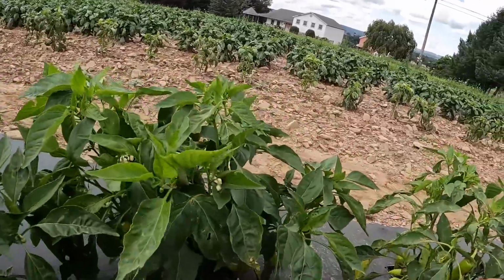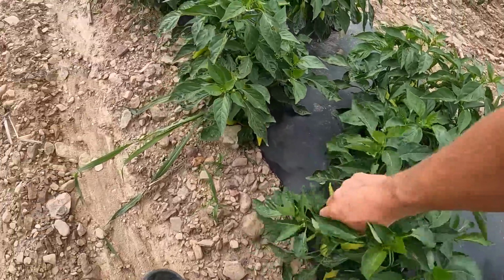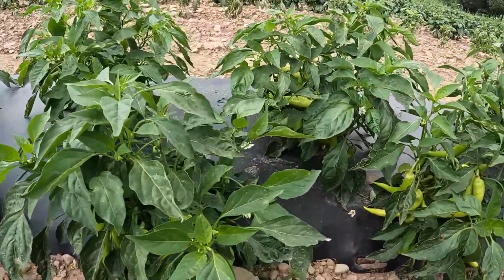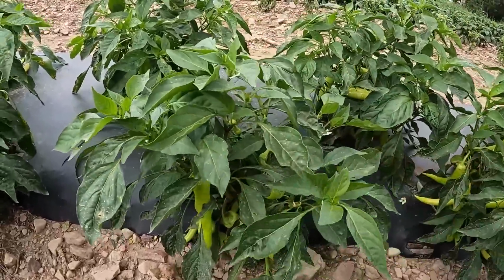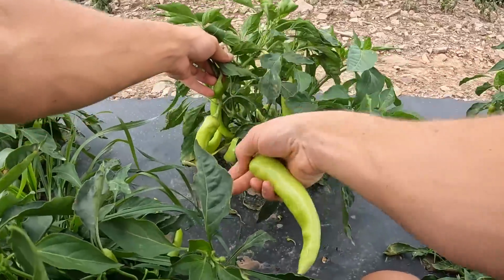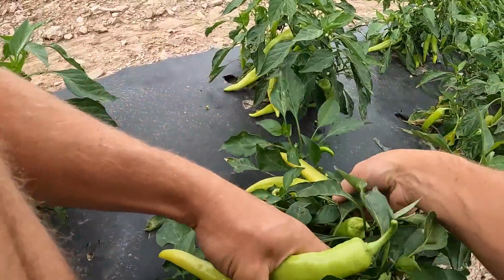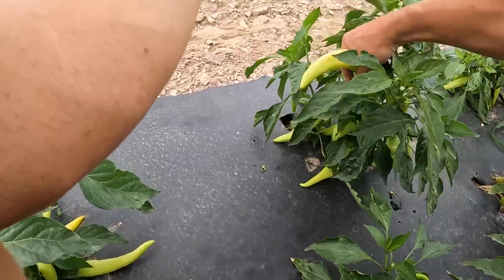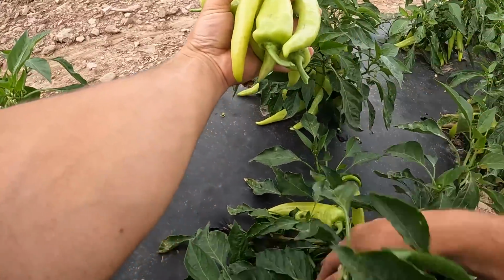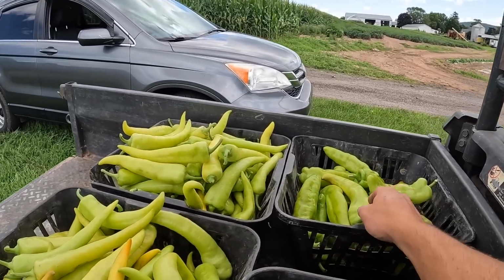But anyway, this is the second time out here picking these banana hots, or Hungarian hot wax they're also called. The most important thing is that they have a nice hard shell on them. If they don't have that hard shell, people really don't want them. We got our 2 baskets of banana hots and a couple Cuban, but they're just not quite big enough, so